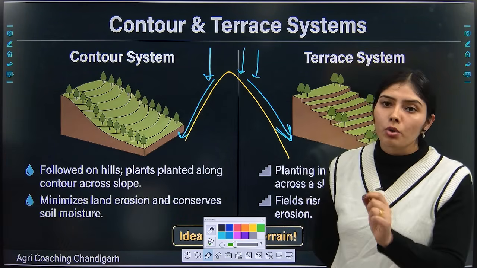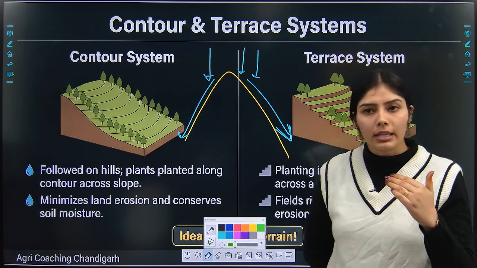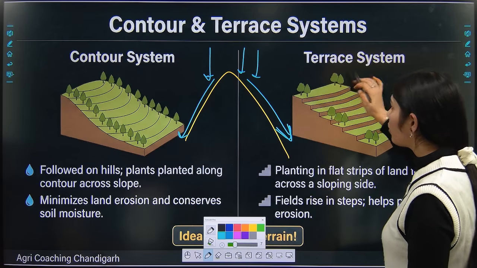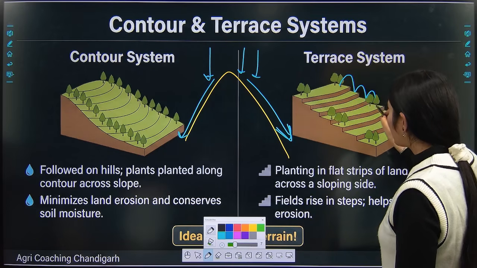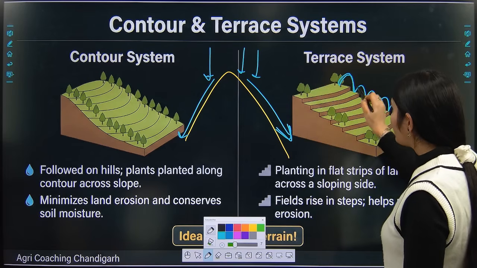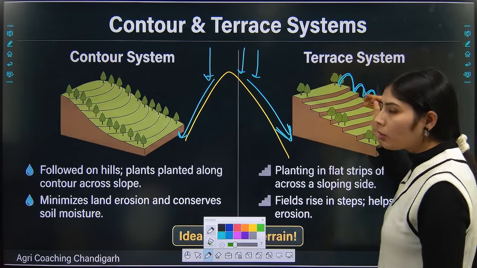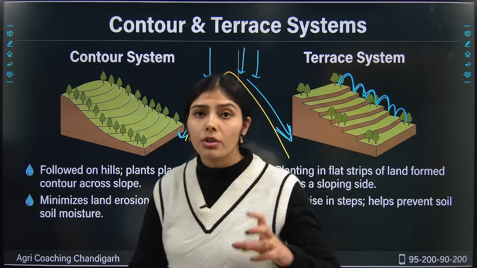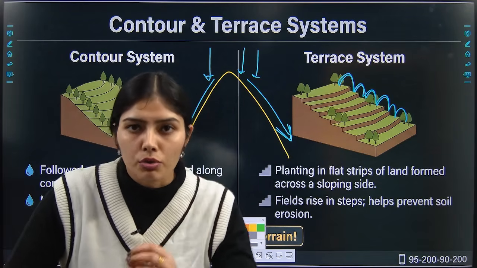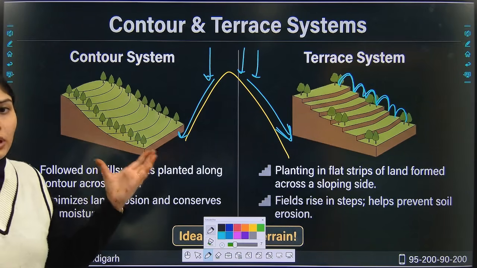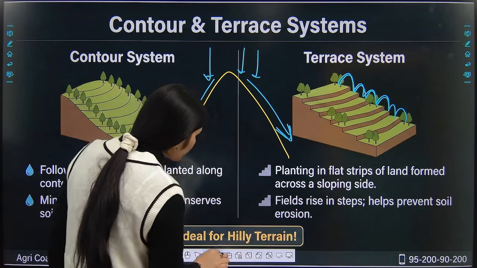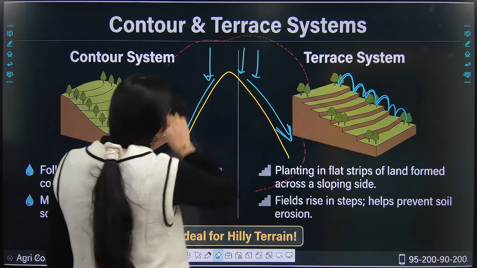So to avoid that soil erosion, we will go with contours and terraces. When we make a terrace, obviously as the water comes, it will not come in the form of runoff, rather the water will come in the form of steps. As the water comes in the form of steps, the velocity of the water will reduce, and hence it will reduce the chances of soil erosion. The same thing will happen with contour as well. Okay. So we have the contour system and the terrace system, and both of these are ideal systems for the